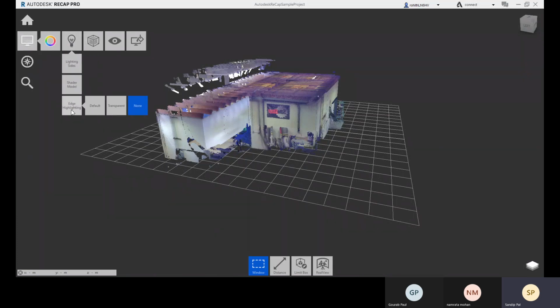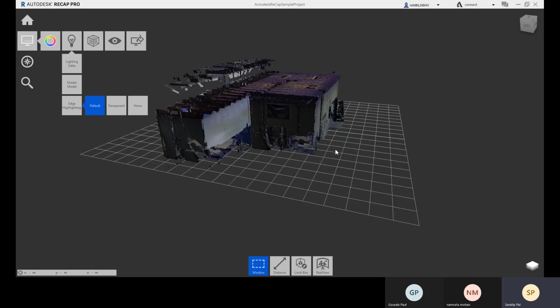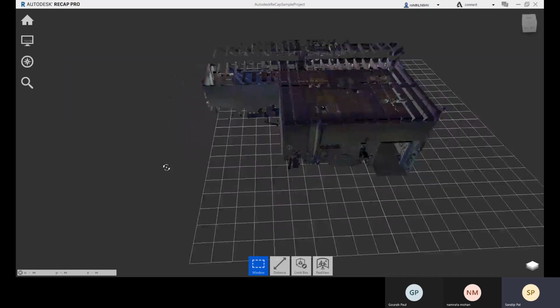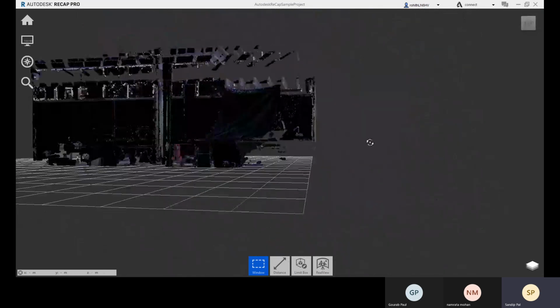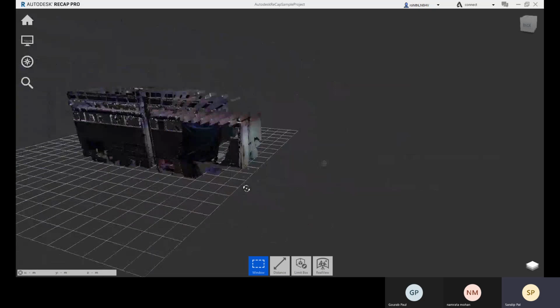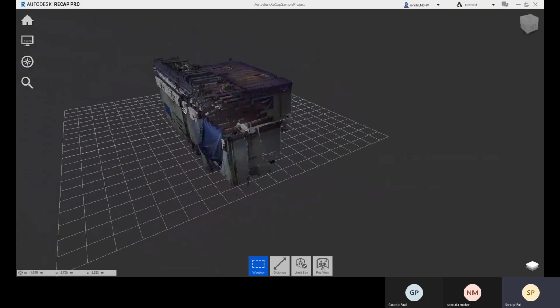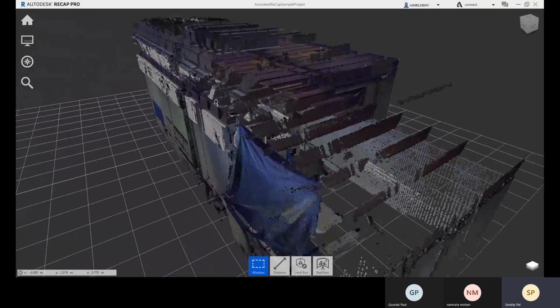Now let me show you the edge highlight option. You can go for this edge highlight, and it will highlight your edges more. That's the only thing it is doing, highlighting all these edges.